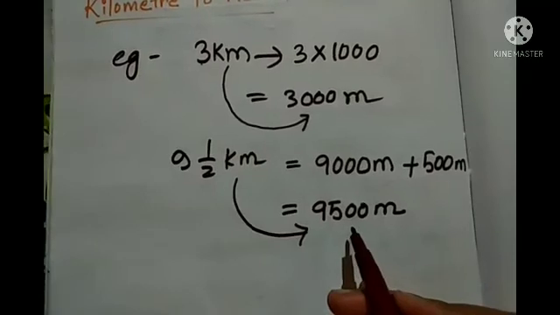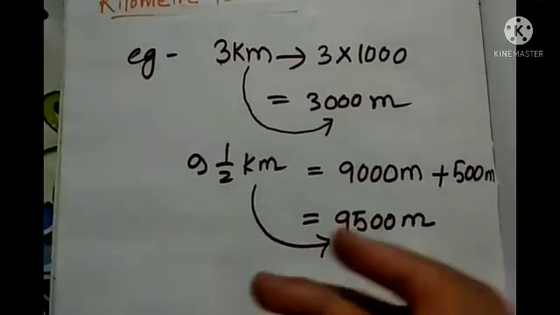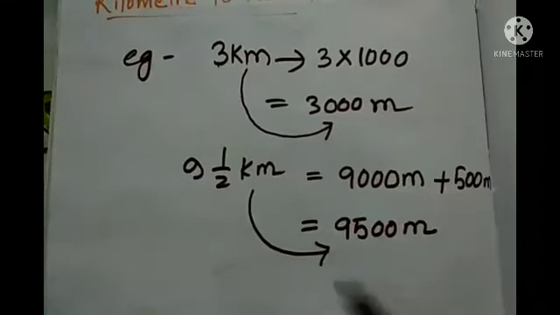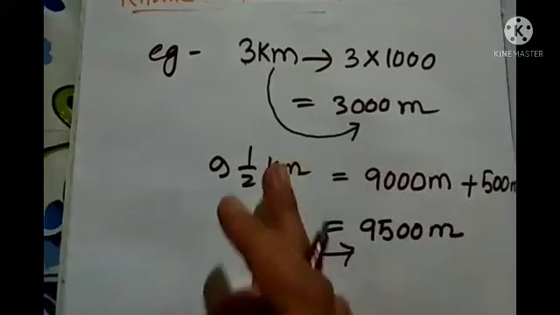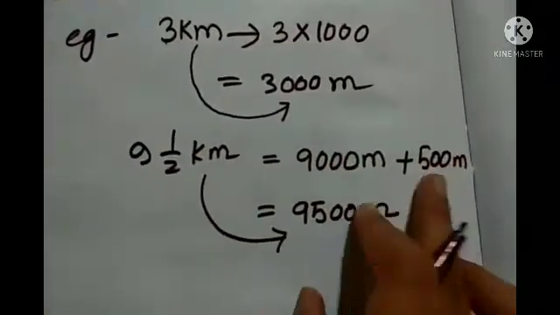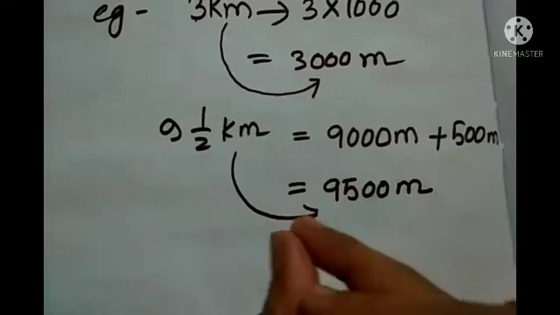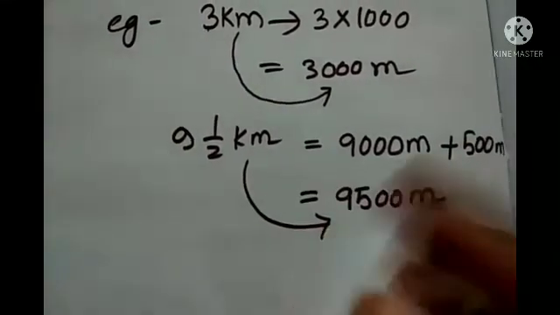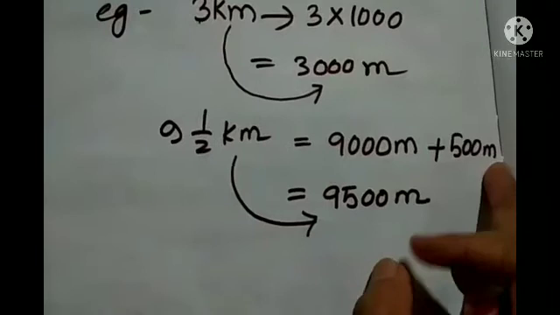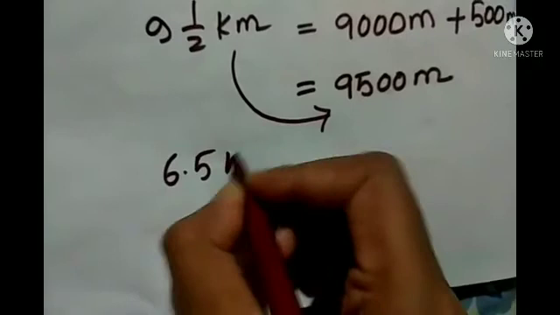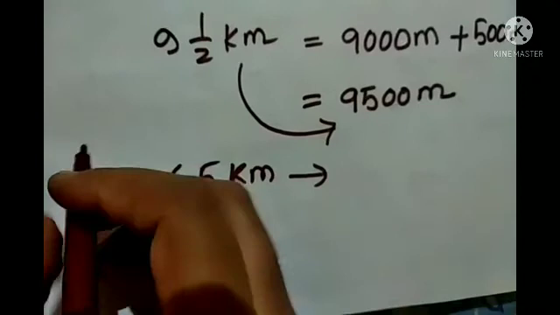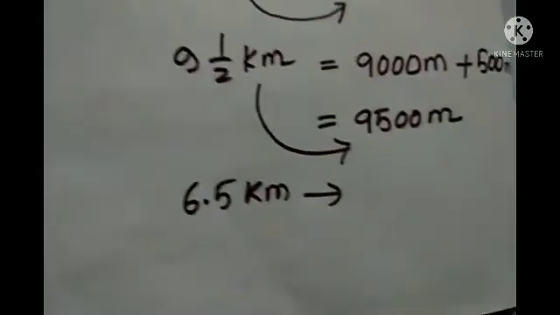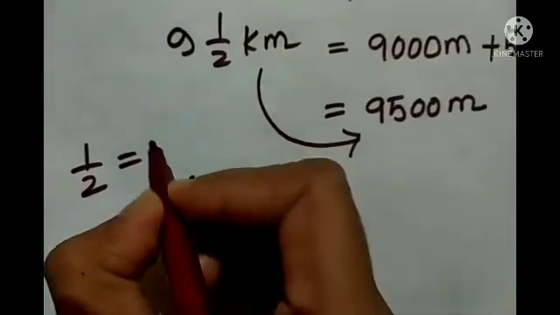Okay students, so it can be given to you as a point or in this fraction, so do not get confused. If it is given half kilometer, then always you add 500 meter, because 1 kilometer is equal to 1000 meter. So definitely half of 1000 will be 500 meter, right? And if it is given in point, suppose it is given 6.5 kilometer. This is also the same as I told you. Whenever we do half, then in point we get 0.5, is it not?